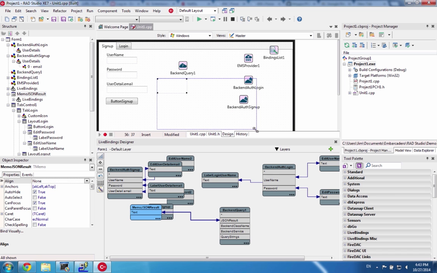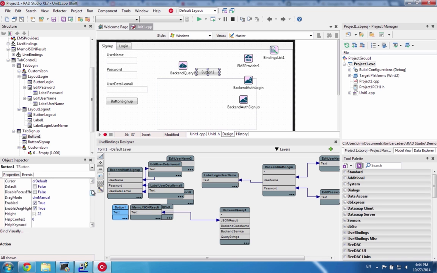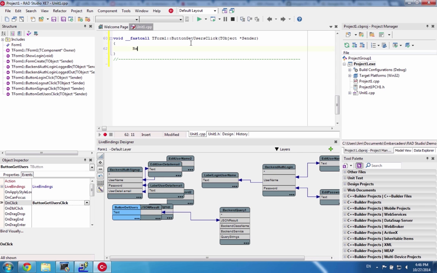Okay. So this memo will just display the JSON representation of all the users that have been signed up. Word wrap. And we need a button to execute the query. And call